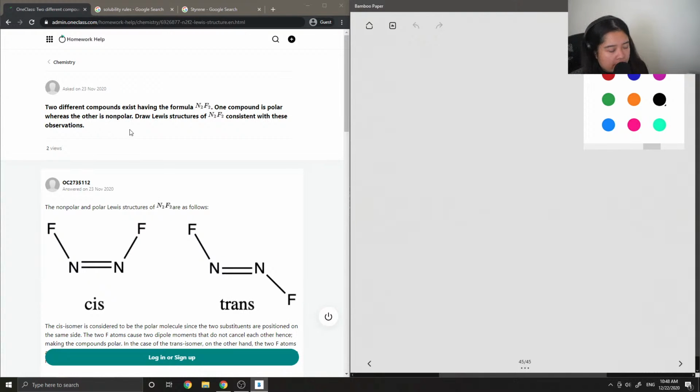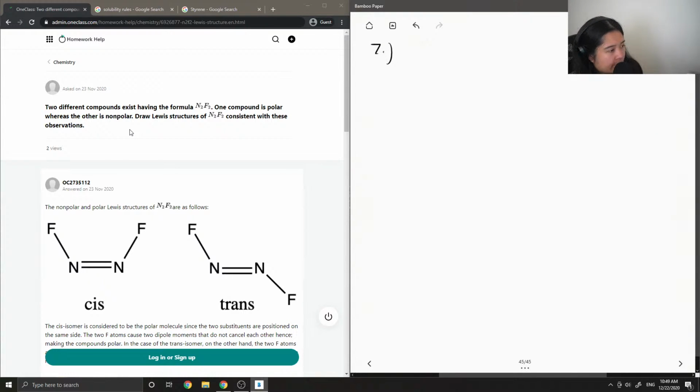Okay, so on to question number 7. Two different compounds exist having the formula N2F2. One compound is polar, whereas the other is nonpolar. Draw Lewis structures consistent with these observations. Okay, so when you write Lewis structures, I like to first try to find the total valence electrons of the